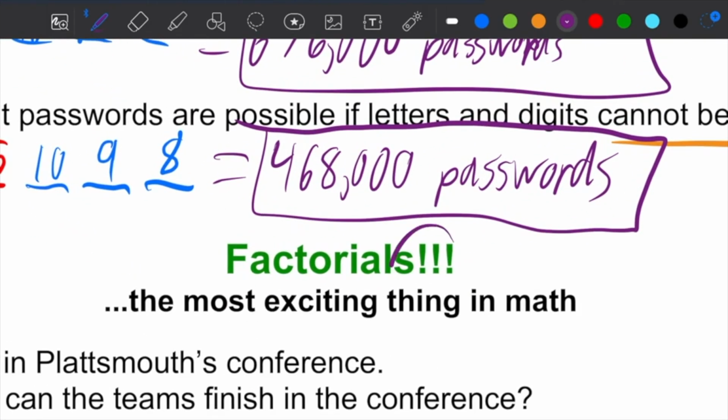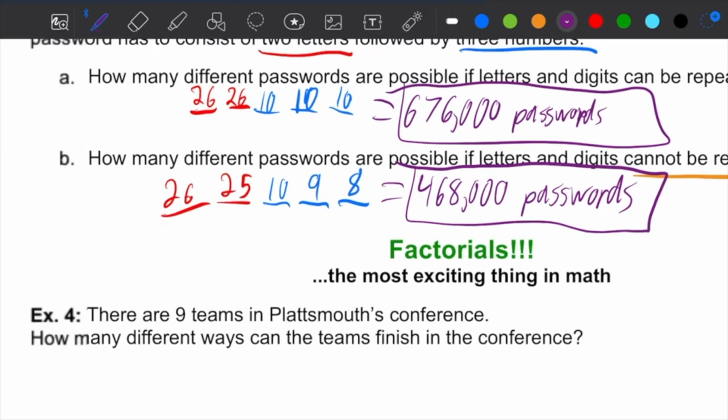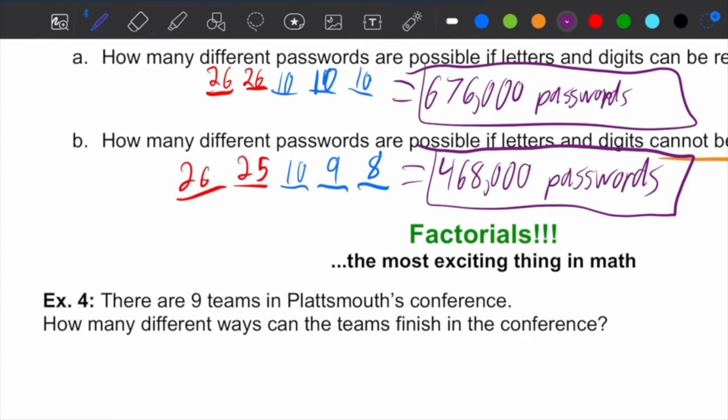Factorials. I'll say it's the most exciting thing about math because factorial means there's an exclamation point. It's how we write it out. Now, there used to be 9 teams in the conference back when these notes were made, but now there's 8 because we're in a new conference. How many different ways can the teams finish in the conference? Well,